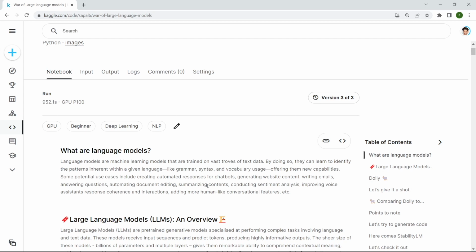And today in this video, I will walk you through this Kaggle notebook wherein I have done such comparisons. Before starting off, I know many of you might be working in the AI field in the machine learning domain, and you might be familiar with terms like language models or machine learning models in general. But for those who are new to this field, I will give a quick overview of what language models are. So language models are machine learning models that are trained on vast amounts of data,